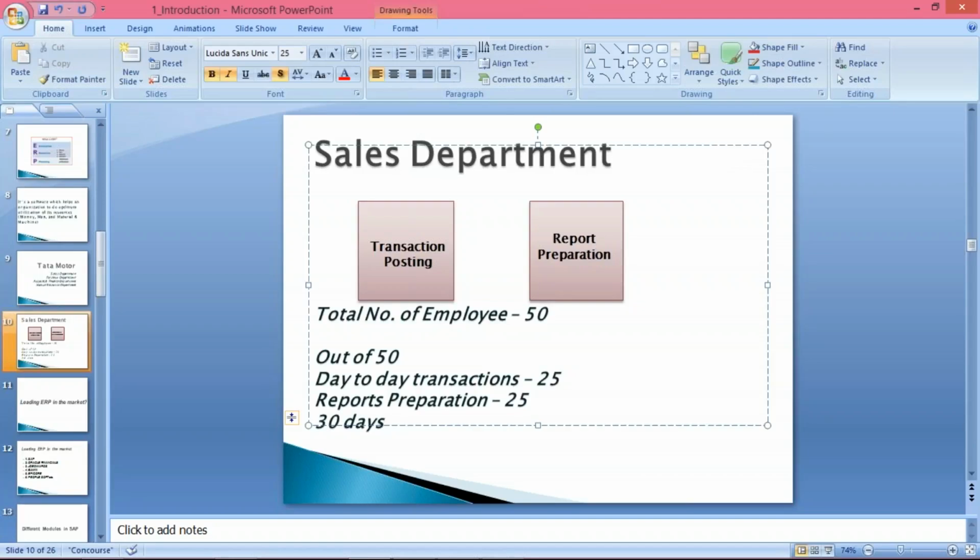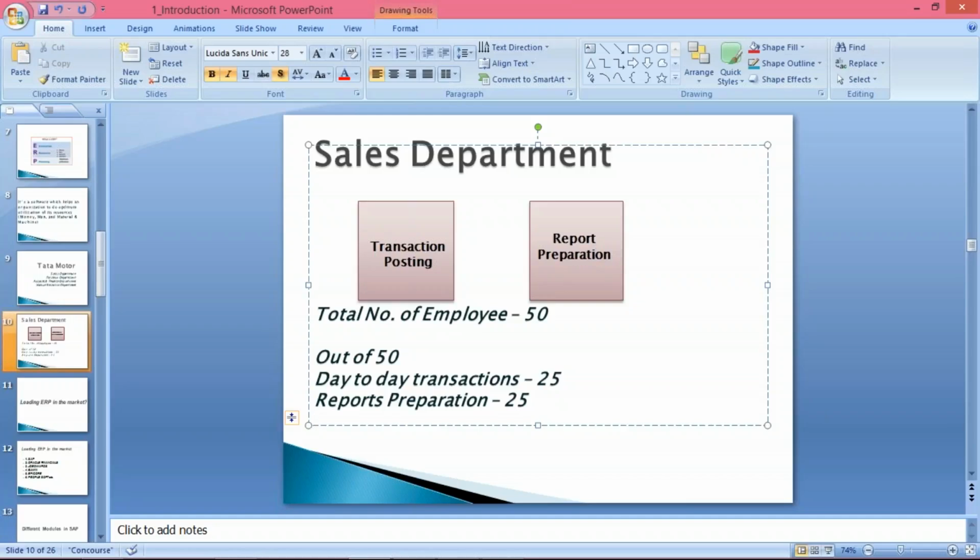So now let's suppose there are a total of 100 customers. Out of 100 customers, from 30 days onwards, let's suppose there are some customers who have not made payment even after 3 months. Some customers have not made payment even after 6 months. There are certain customers who have not made payment even after 1 year also. So these kinds of reports management wants, so that they can decide what future actions we are going to take against those customers, isn't it? Such kinds of reports are required by the management.